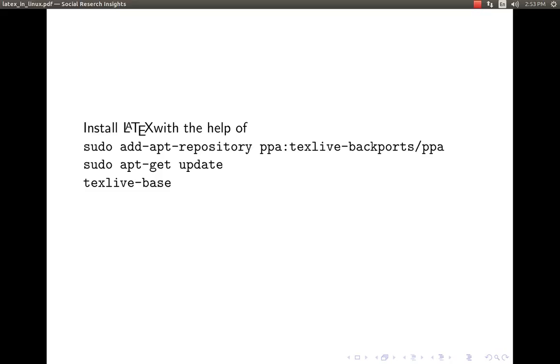And it's very easy to install in Linux. You just have to follow this code: sudo add-apt-repository ppa:texlive-backports/ppa, followed by a command, sudo. Sudo means superuser do in Linux, and I'm using Ubuntu Linux. Actually, I shouldn't say Linux, it is GNU Linux, a free software,